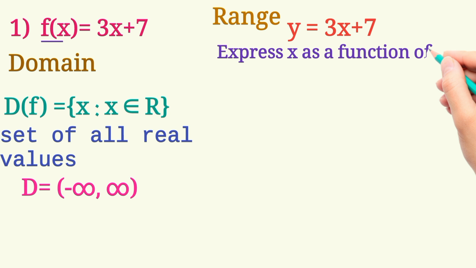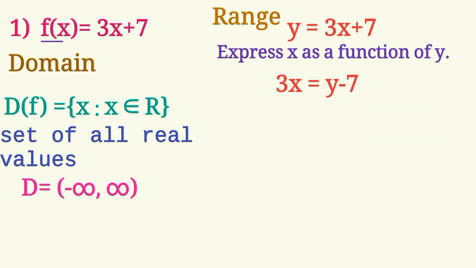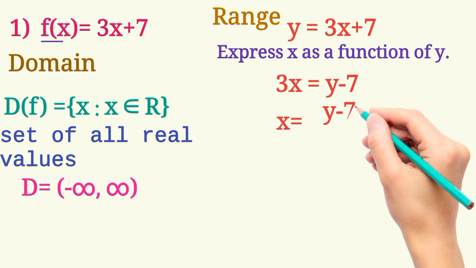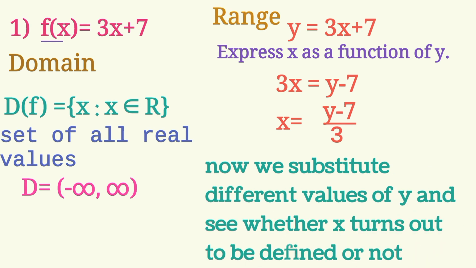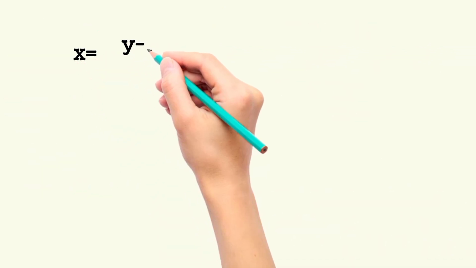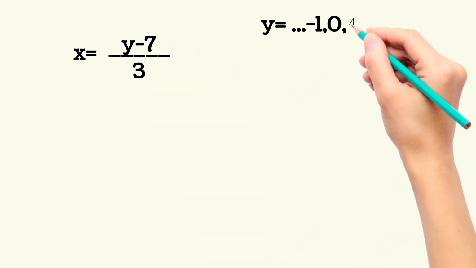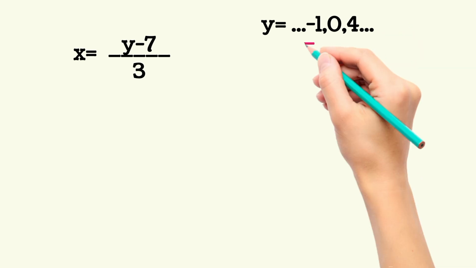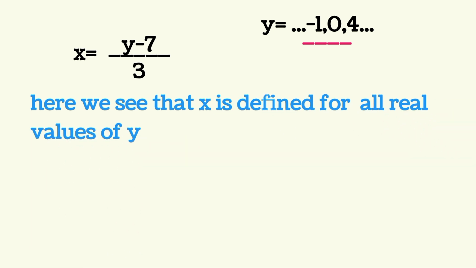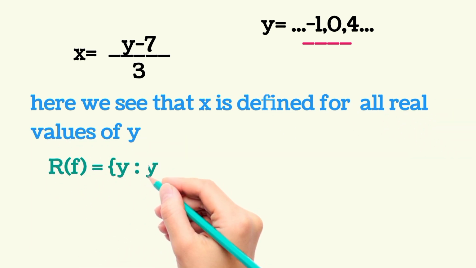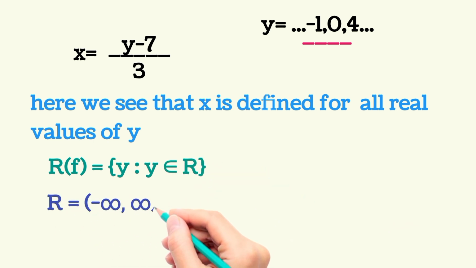Now expressing x as a function of y, we will get 3x = y - 7, or x = (y - 7)/3. Now we will substitute different values of y and see whether x turns out to be defined or not. So this was the given equation. Now we will put y = -1, 0, 4, 5 or any real number, and we see that x is defined for all values of y. So range of the function will be